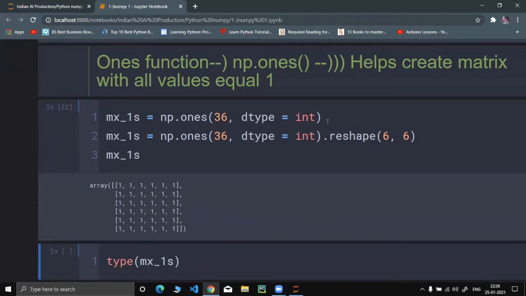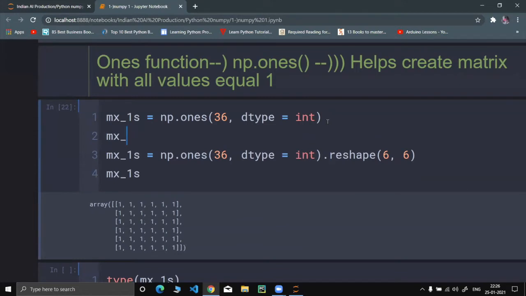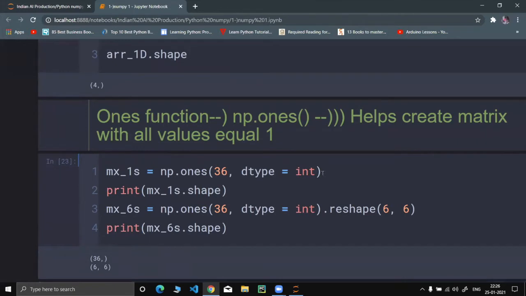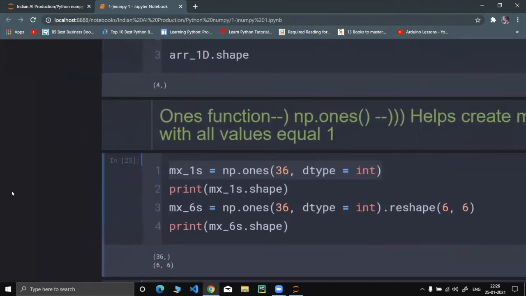Now see. Perfect. In this first command, we created a numpy array with all elements as one.